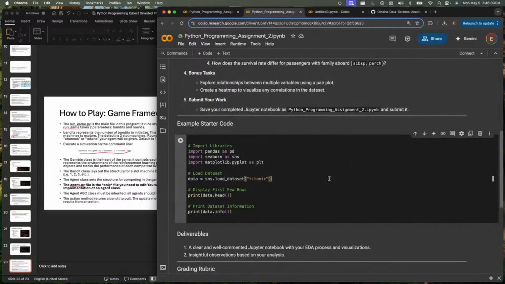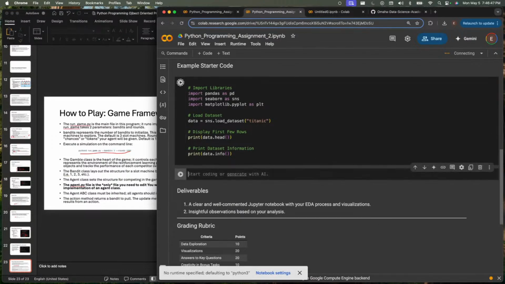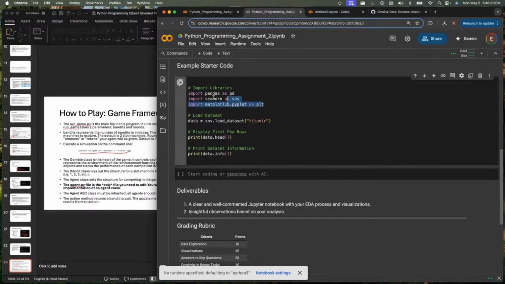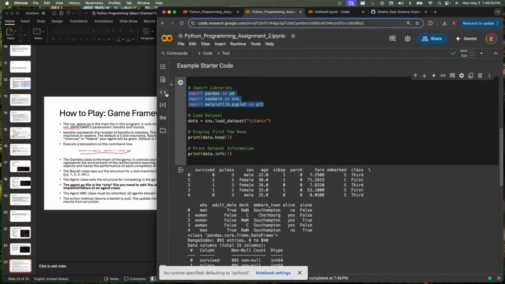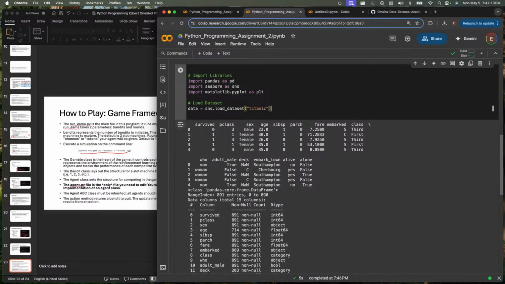So here I have some example starter code for you, just loading the data set. We're loading the data set from Seaborn. In order to do that, we're going to import our packages here. We're going to import Matplotlib. We're going to import pandas. We're going to import Seaborn. And then from Seaborn, we're going to call load_dataset, and we're going to load the Titanic dataset. And here, I should have broken these into multiple lines. So let's call a df.head. Let's see what our dataset looks like.